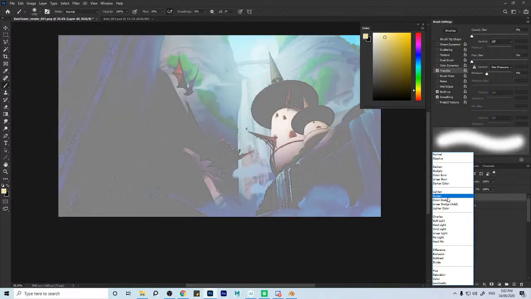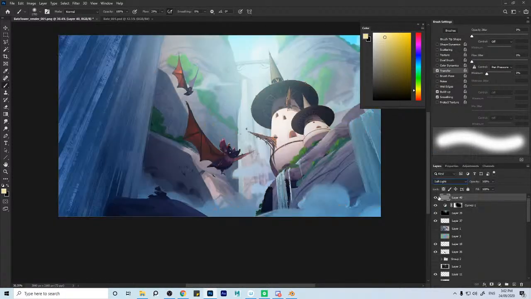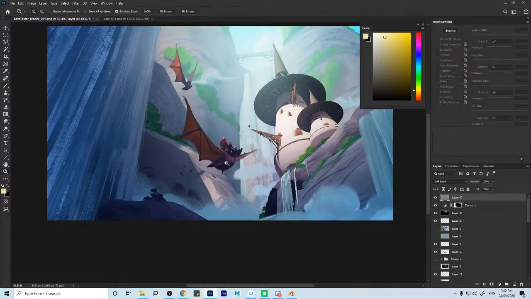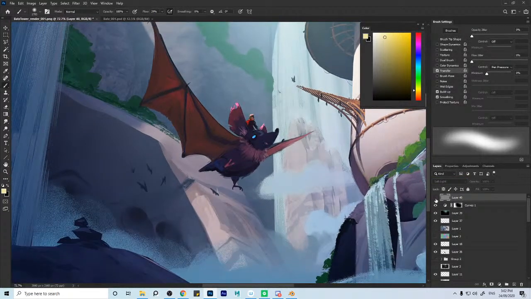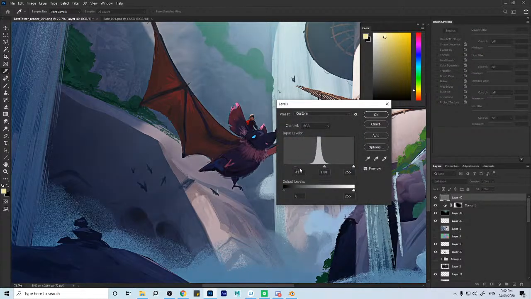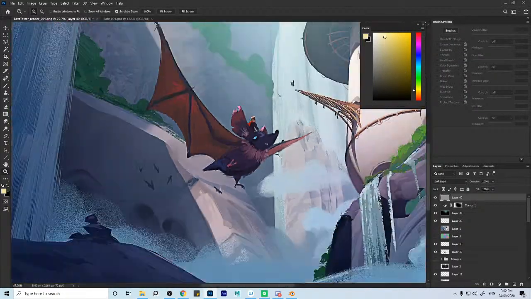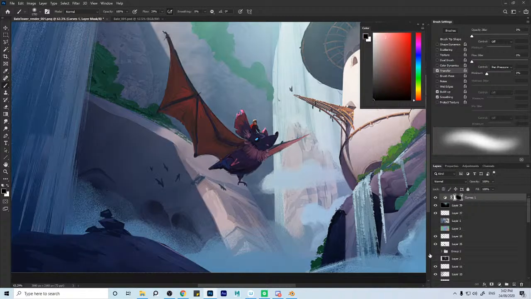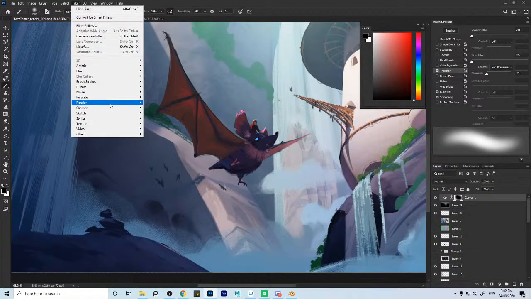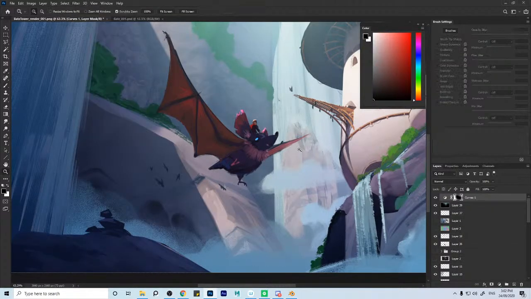And then just applying that as a soft light gives you a little bit of extra pop. So it's a very similar kind of thing to an unsharp mask filter. If you turn it up like that, you can see the effect that it gives, which is a little bit of a halo. Obviously we're not going to do anything that extreme, but just a couple of little things in there,